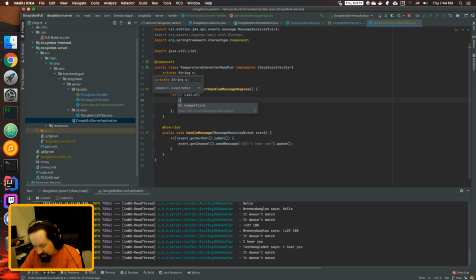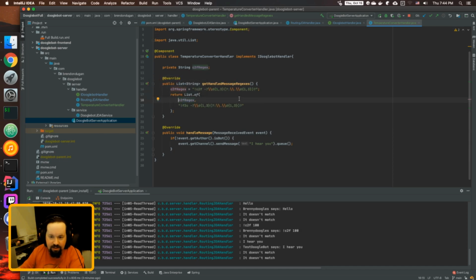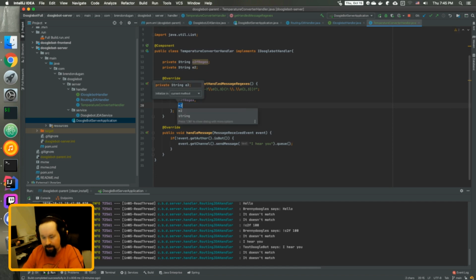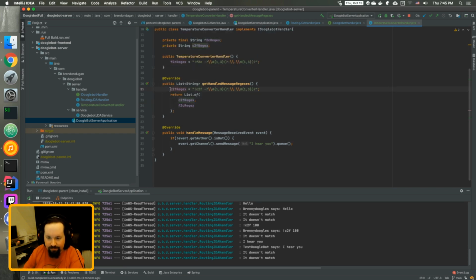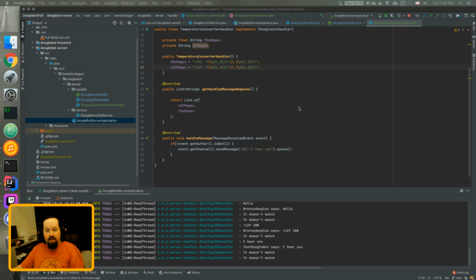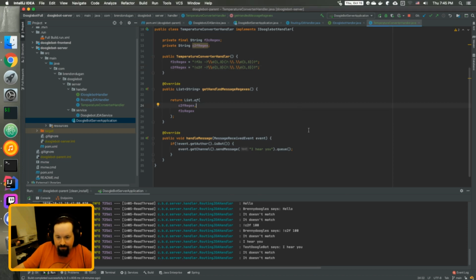So this is going to be the C2F regex. And this is going to be the F2C regex. And actually, let's go ahead and initialize those in the constructor. That's good. That way we know they're always initialized. So that's great. And then we're going to start copying code,